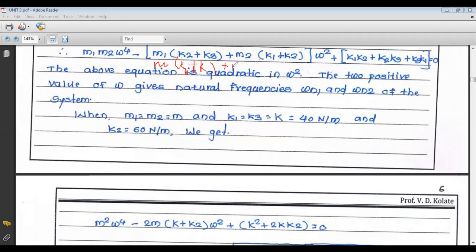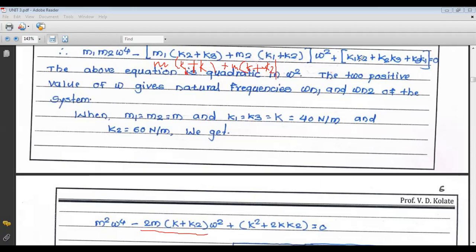M2 is again m, and what is the value of K1? K1 is K plus K2. So this m into K plus K2 plus m into K plus K2 becomes 2m into K plus K2, into omega square, plus